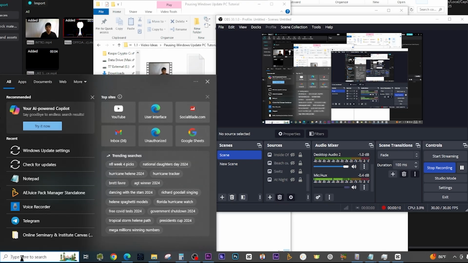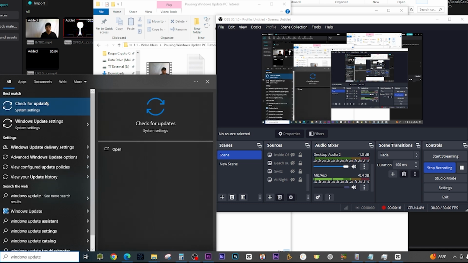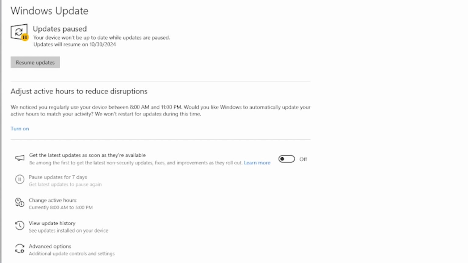Pausing the Windows Update for your PC. Again, this is similar to my other tutorials for laptop or Windows or computer. You get the point. We're going to type in the search bar Windows Update. Click for check for updates or Windows Update settings. It's up to you. In this case, once you've successfully searched for Windows Update, you can choose to pause the